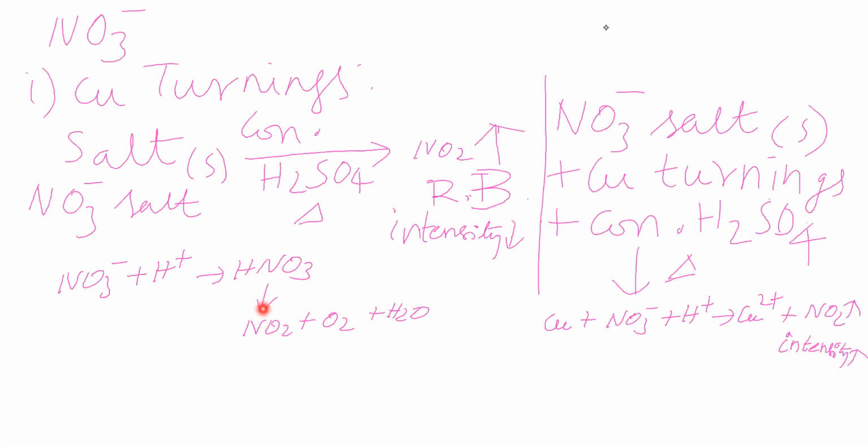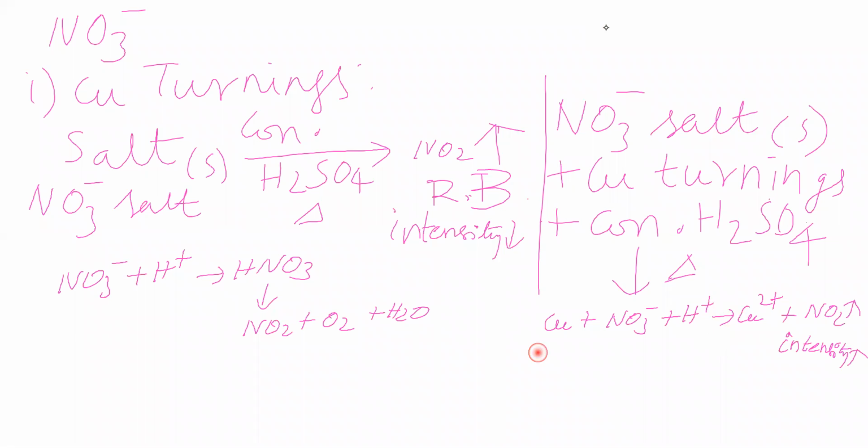That is a decomposition reaction. Here nitrate is undergoing reduction, which is forced by copper. Copper is undergoing oxidation, nitrate is undergoing reduction. So copper makes nitrate undergo reduction, or nitrate makes copper undergo oxidation. Therefore, here the rate of reaction is high. But here nitric acid itself should undergo a redox reaction, so the rate of this decomposition is low.